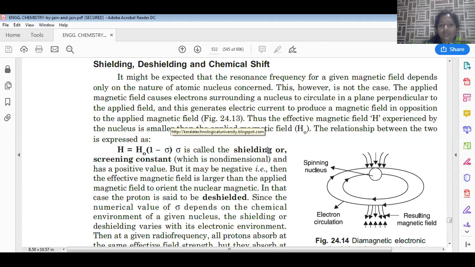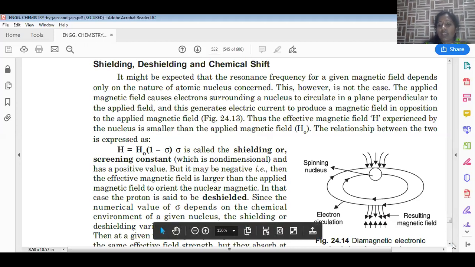Shielding is also called the screening constant, which is non-dimensional in nature. What happens when induced magnetic field and applied magnetic field are in opposite directions? If the directions of induced and external magnetic fields are opposite, that effect is called